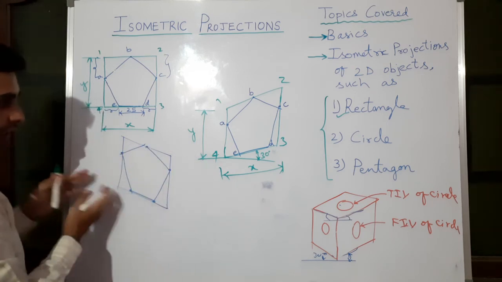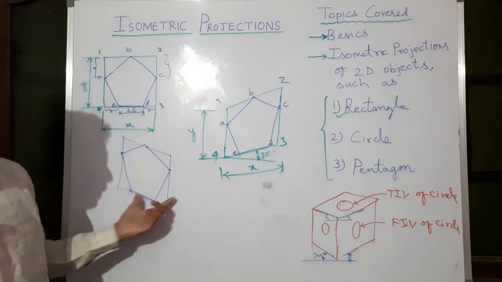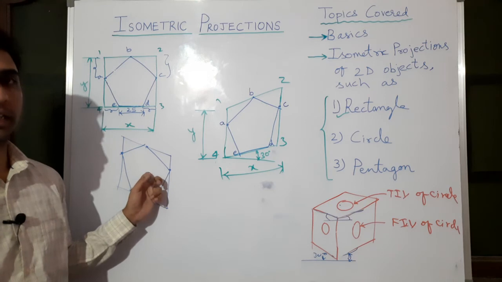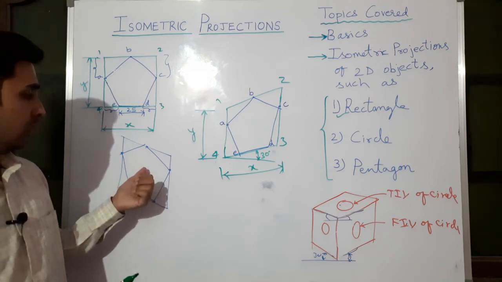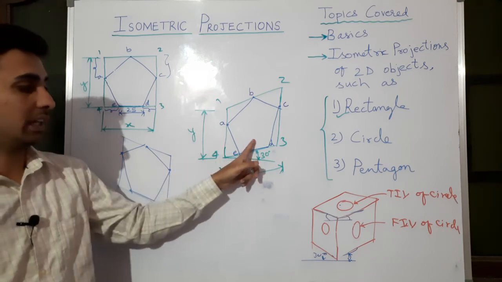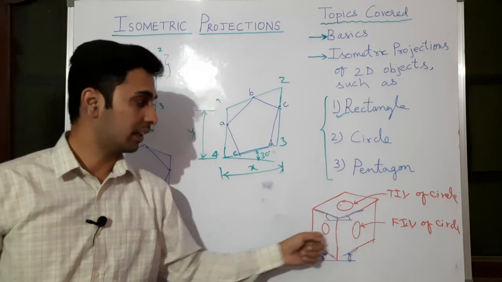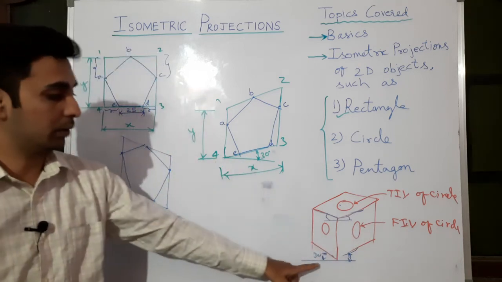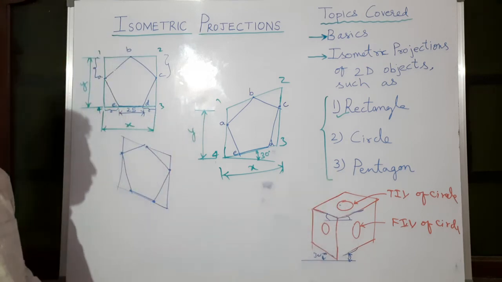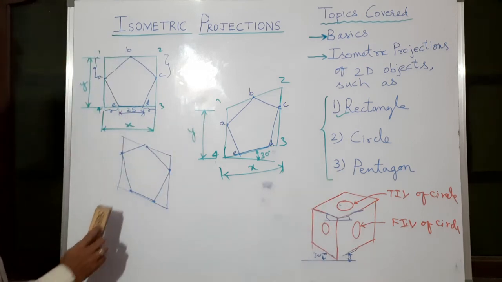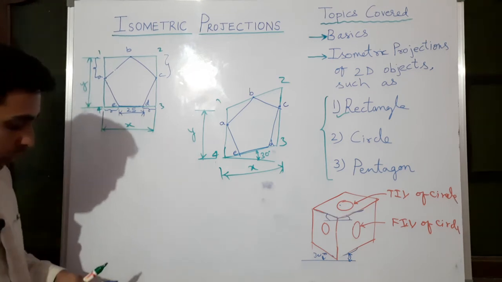Same procedure, only here instead of taking 30 degrees in this direction, we have taken it in this direction. Why do we need to see both cases? Because it depends on the 3D diagram. Sometimes the orientation will be like this, sometimes like this, as in the example I gave of these two circles from this side or from that side. So two things will come in different ways, because here it is 30, here it is 30, and the rest of the lines are vertical. Okay, so this is related to the front isometric view of the pentagon. Now we will see the top isometric view of the pentagon, how it looks.